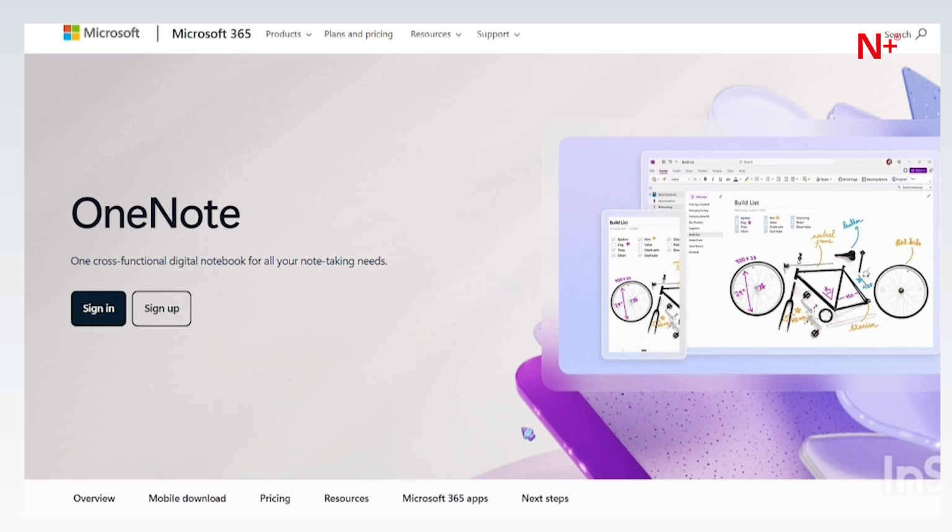OneNote is basically part of the Microsoft Office suite. It's a note-taking app that lets you organize everything into notebooks, sections, and pages. So you can think of it like a digital version of a physical notebook, but with way more flexibility. Now, it is available on Windows, Mac, web, and mobile, and everything that you have on it gets synced via